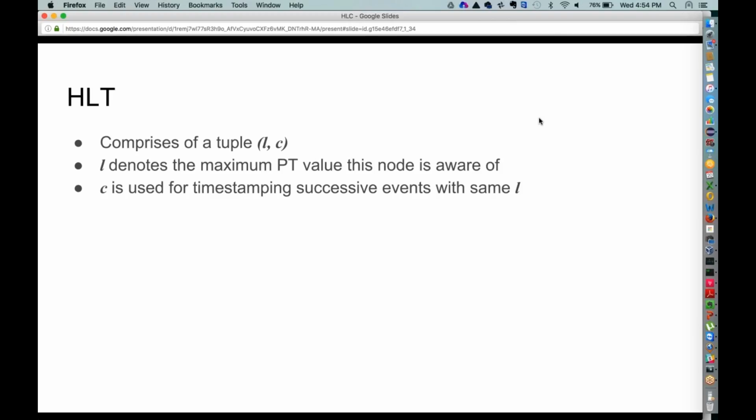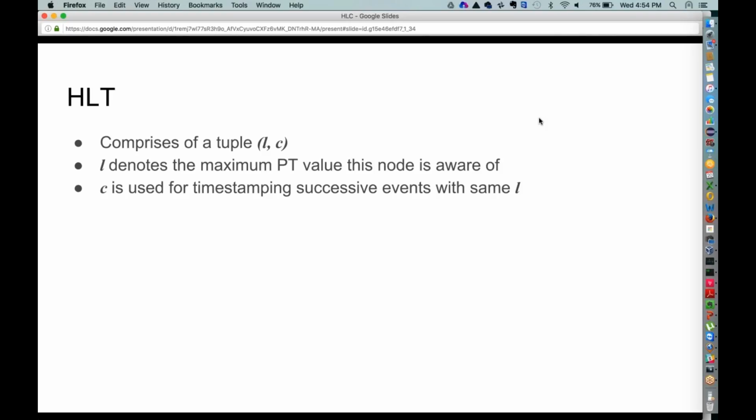As nodes talk to each other and exchange messages, every message is going to be tagged with the timestamp that the sender has. And as I discover new L values, I'm going to increment my local L value to reflect the highest physical time value that I have observed anywhere in the system.